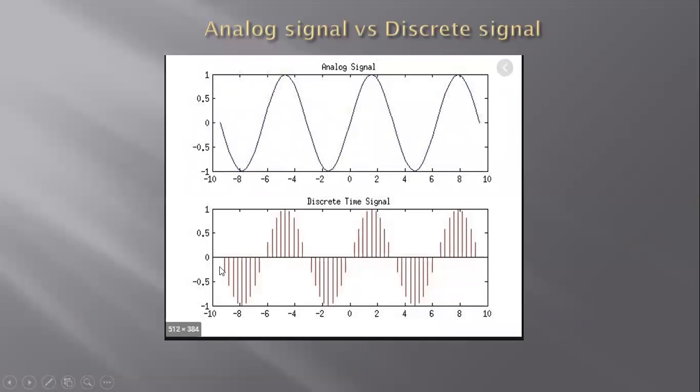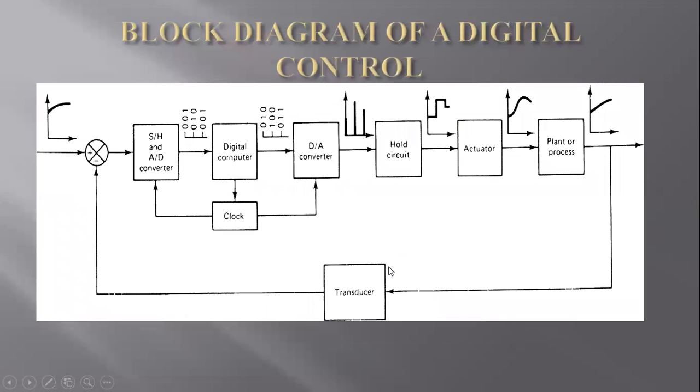Now we can see clearly what an analog signal means, and how a discrete signal for the same analog signal would behave or would look like. Let us now see, after understanding the different types of signals, the block diagram of a digital control